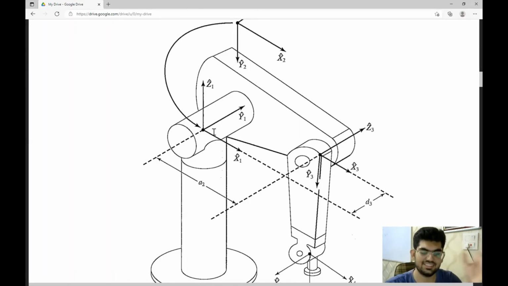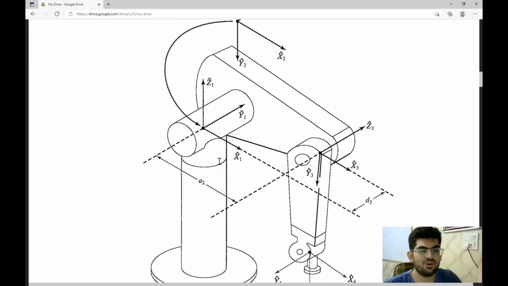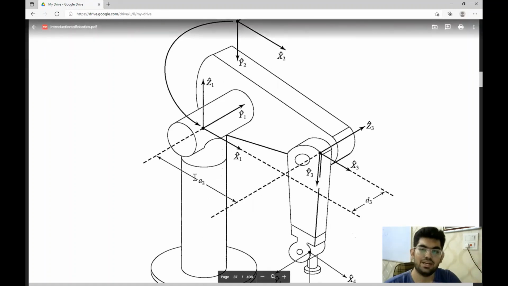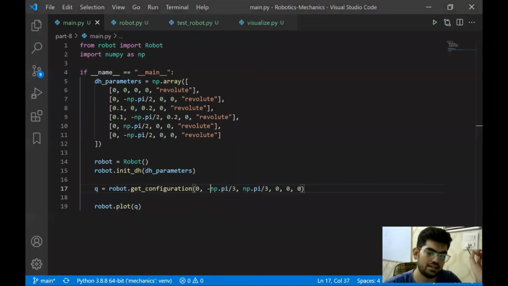That's why it's slightly confusing, like why is the assignment done this way? But the frame assignment is correct according to theoretical values. Practically it can differ a little bit. When we add actual robot models, STL files, then it will look slightly better and we are going to be able to visualize it properly. So that's how it's going to be.